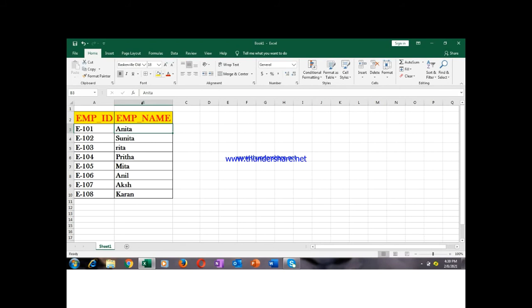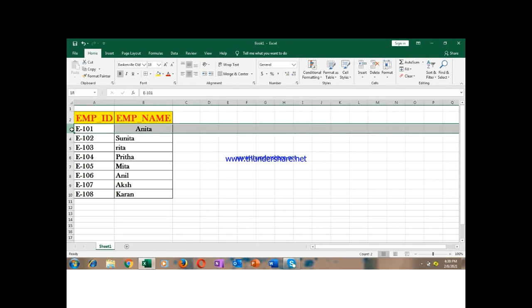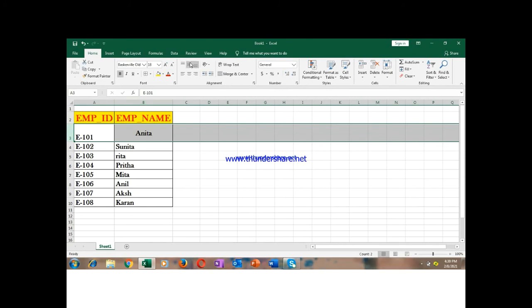If I click here, middle, wait, okay, now see it's moved to the center. If you want to increase it, you increase it, and then you will be able to understand what I am doing. See, I am increasing this size. Now suppose I want to move it to the center. See, this one I am doing. Now suppose I am moving it up. Can you understand how it is working?